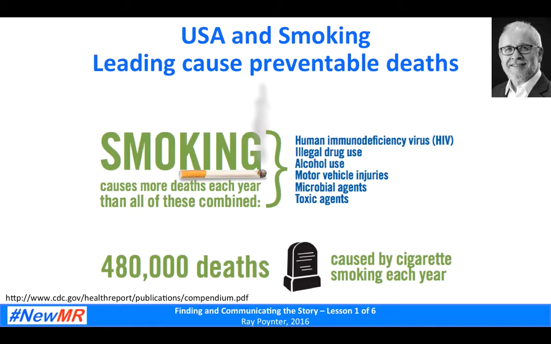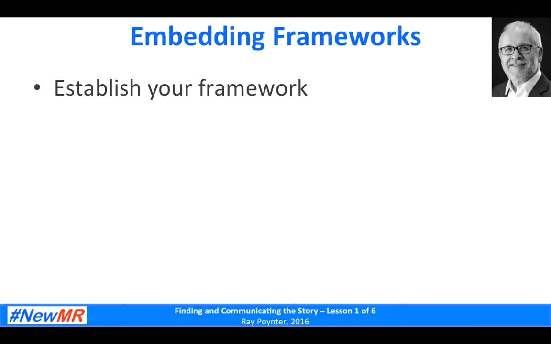So we start off with processing the data. We have some things that we expect to find. We sometimes find things that surprise us. We move forward, we make a message, and then we have to make the impact. How do we embed this framework into an organization? Well, first of all, you have to establish your framework, and it will be an evolving process. Start with something relatively simple, and then build it up from there.